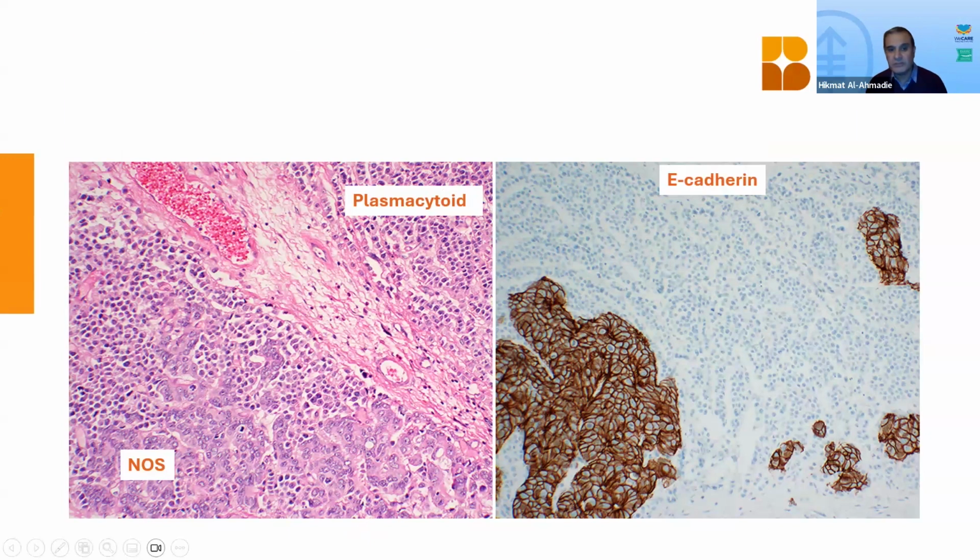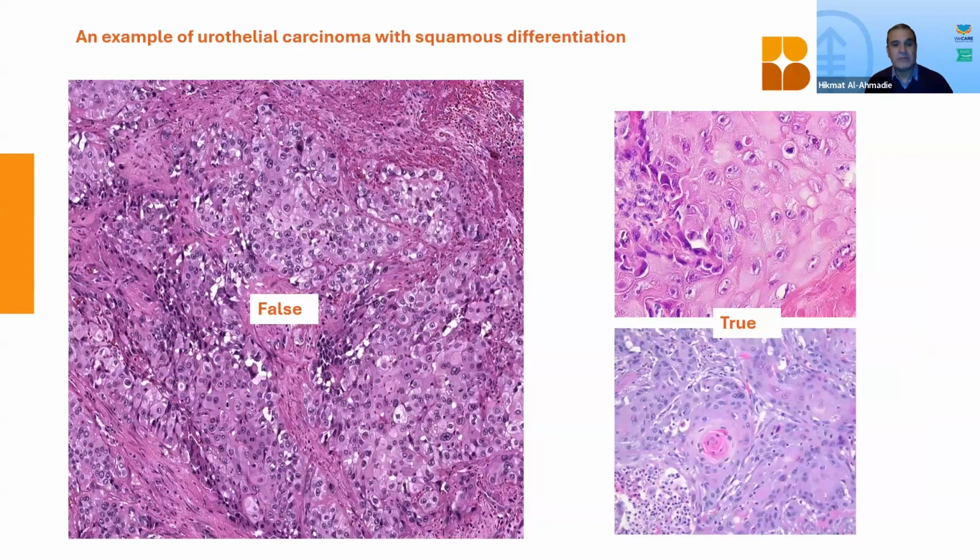Some tumors we can't do much, squamous differentiation. There are a lot of tumors that can give a false appearance of squamous differentiation here, but you really need to have specific criteria to call something squamous. And this could be part of the reason why these tumors may be missed by people with not as much experience, or it can be overcalled with people who do not necessarily apply strict criteria. So it's always important to know the source of the diagnosis and how it was rendered and whether the criteria